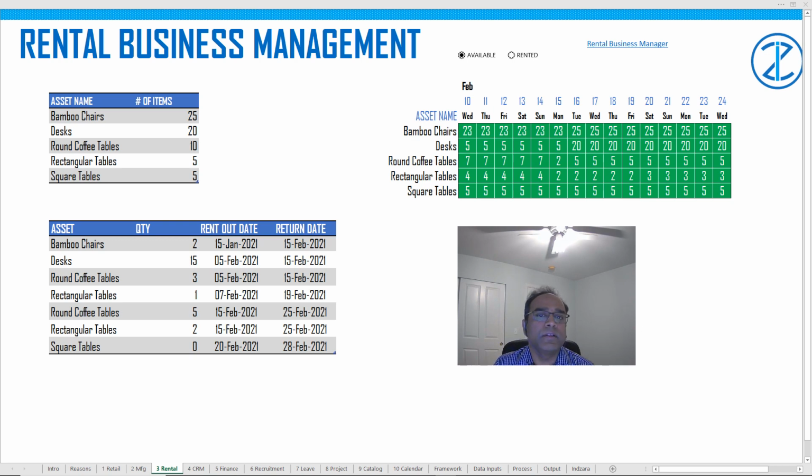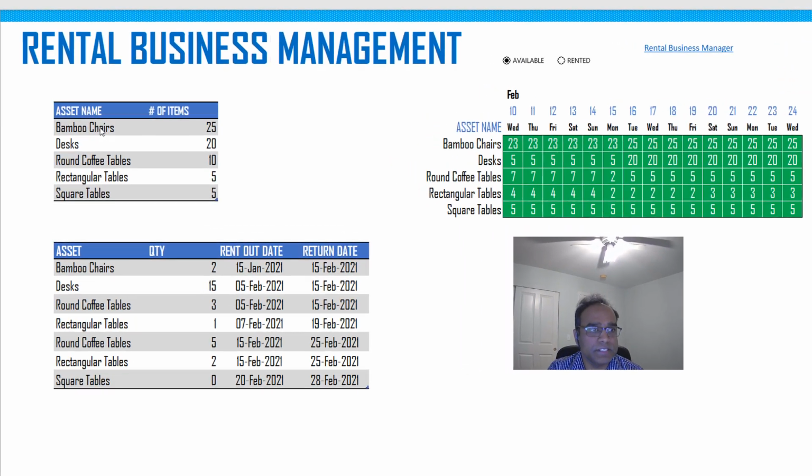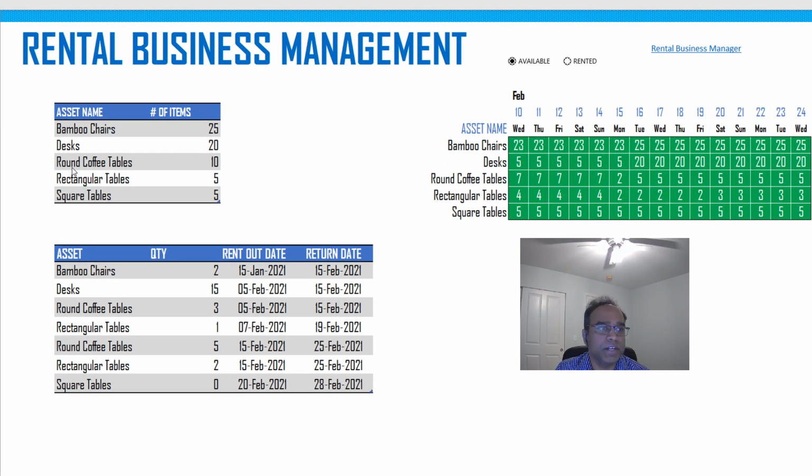Now for the third example, let's switch to a rental business model where we have a set of assets. In this case, we have chairs and desks and tables, and we have a certain number of items that we own, and we rent these assets to our customers in return for the rental fee, and that's the business model. In the table below, we have entered the orders that we have received from our customers to rent out these assets. For example, we have an order to rent out 2 bamboo chairs between 15th January and 15th February, and